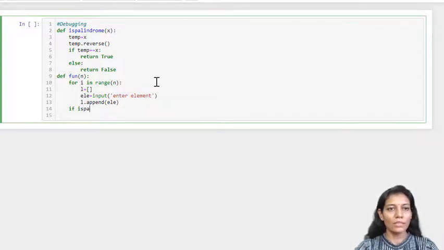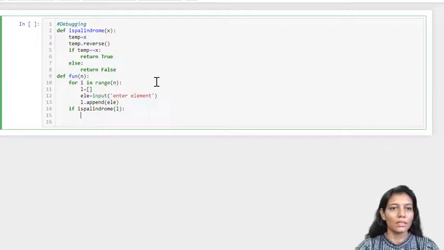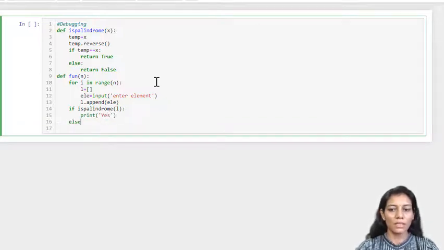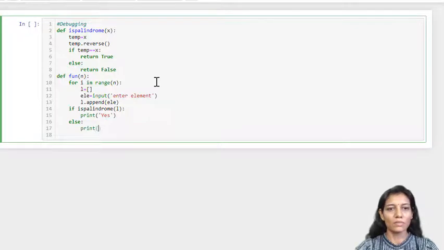This function is going to return either true or false, so I can directly call it in this way, passing l, my whole list, and if it is true then print yes, else I'll be printing no. This is what my planning is.